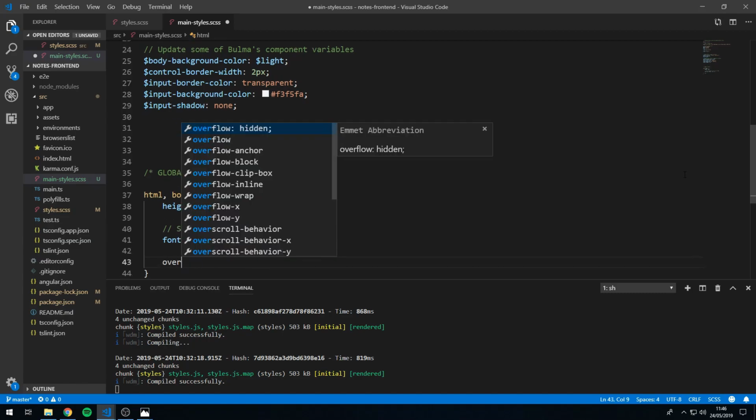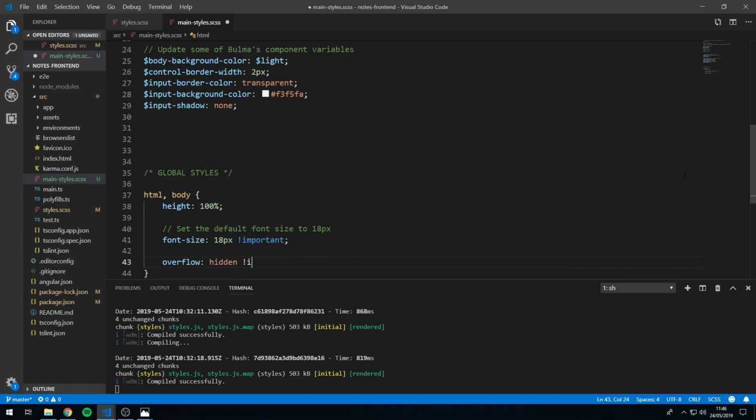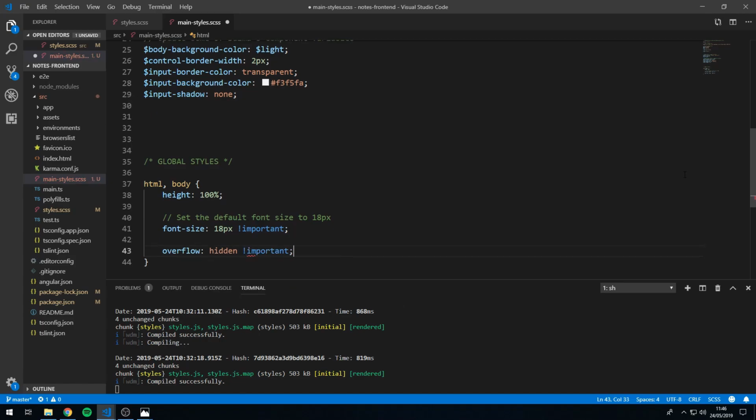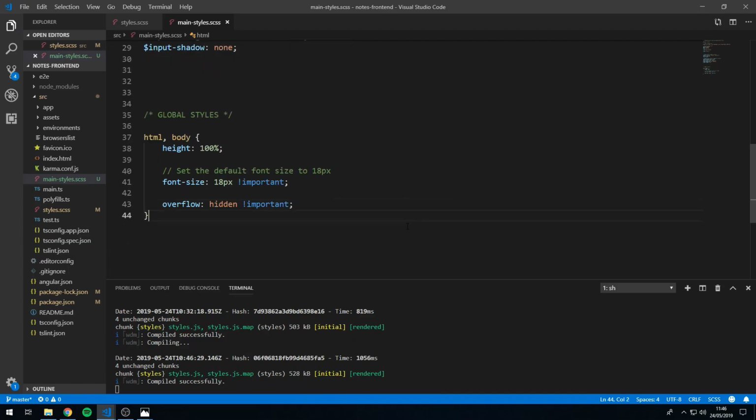And let's set the overflow to hidden. There we go. So that is all we have to do for now